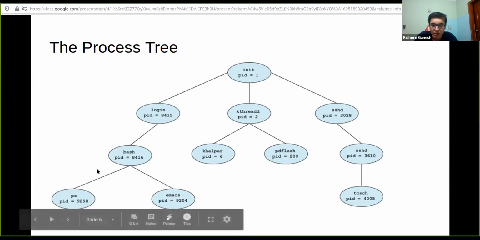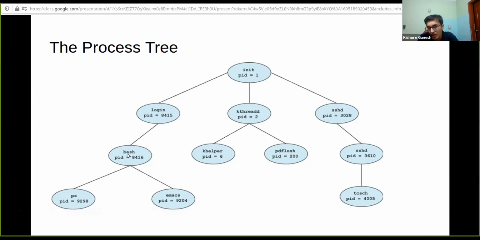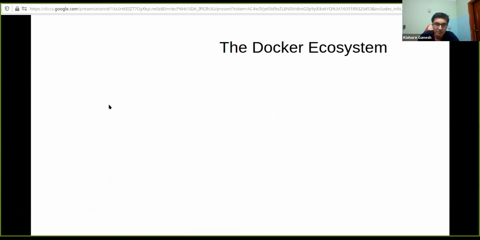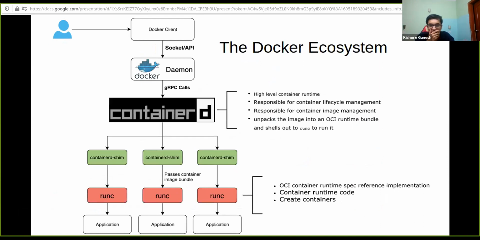So if you look at it in a certain way, as far as bash is concerned, it is the only process in the tree, right? And its child processes are there. So bash is able to view its child processes, and as far as it is concerned, only it is there on the tree, right? So when you think of Docker, right, you consider this Docker to be this one big